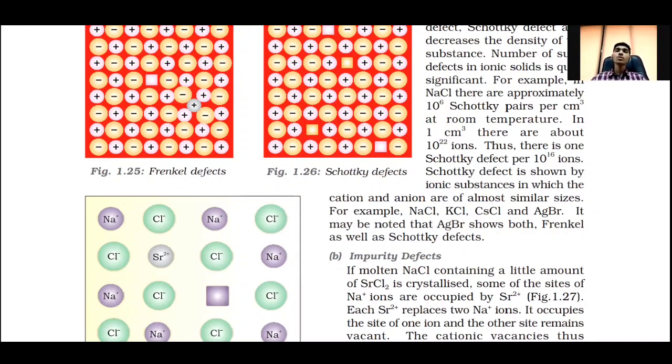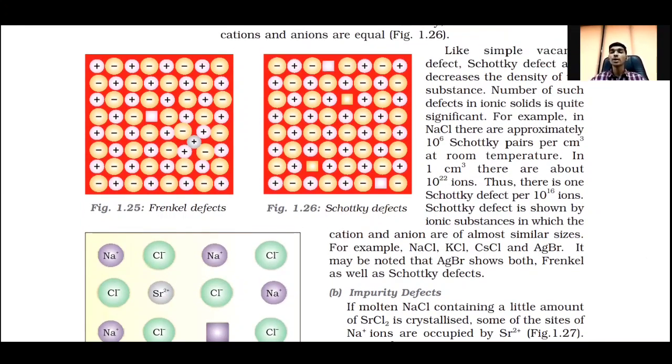Okay, so here we have given diagrams and you should always draw a diagram. ठीक है, मीन्स देखो इसमें फ्रेंकल डिफेक्ट की बात करते हैं तो इसमें ये जो ग्रीन कलर का कैटायन है ना, वो क्या हुआ, तो कि इट इज पॉजिटिव चार्ज, तो कहीं पर उसका नेगेटिव चार्ज मतलब वो कहीं पर सेटल नहीं हुआ है, वो क्या हुआ, कहीं से पॉजिटिव आयन निकल कर वो वहां पर आके आए, मतलब वहां जो स्क्वायर दिख रहा है ना इन सेंटर, सो दैट पॉजिटिव आयन इज सेटल, ये ग्रीन वाला हो गया, ठीक है। बट Schottky defect में क्या हो रहा है कि दो जगह पर स्क्वायर है, तो एक जगह पर से क्या गया कैटायन, तो दूसरी जगह से एनायन गया, मतलब एक पॉजिटिव चला गया दूसरा नेगेटिव चला गया, तो पहले इलेक्ट्रिकल न्यूट्रलिटी थी, अभी भी इलेक्ट्रिकल न्यूट्रलिटी है।